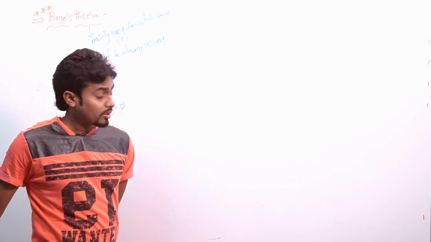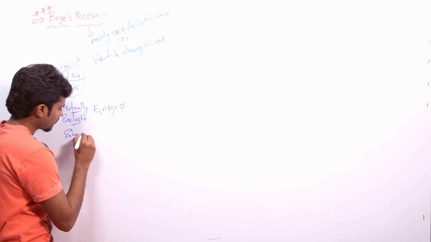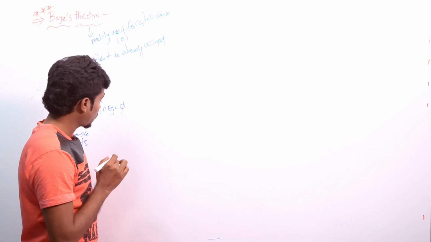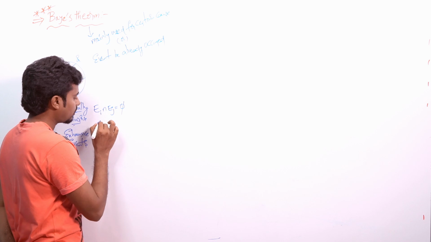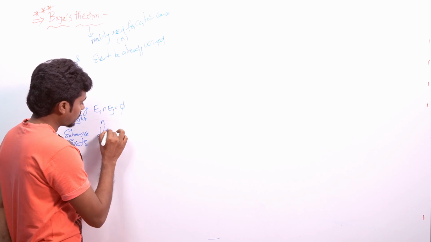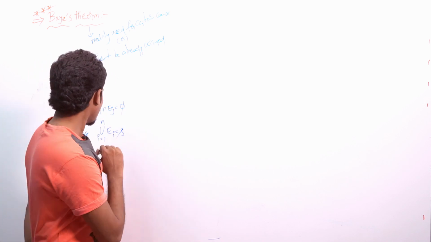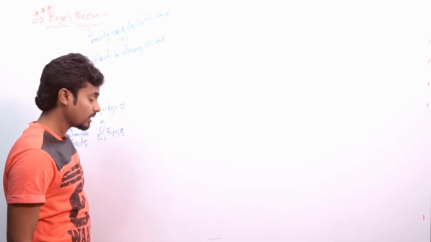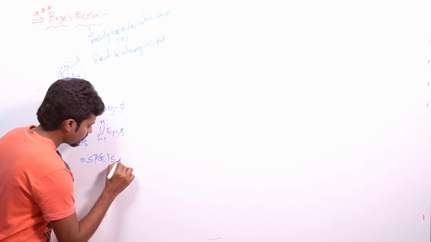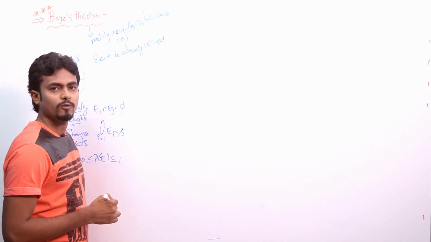Next, if you want to take exhaustive events, what will be the exhaustive events? If you take the union of Ei for i equal to 1 to n, it will be equal to the sample space S. And the third condition is the probability of events. The probability of an event is between 0 and 1. We have already discussed this many times: P of A is between 0 and 1.